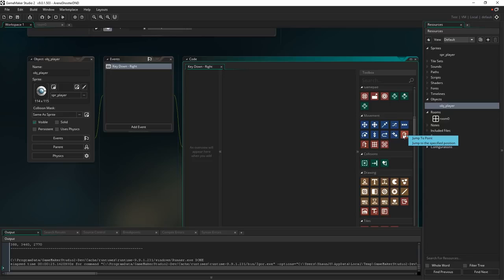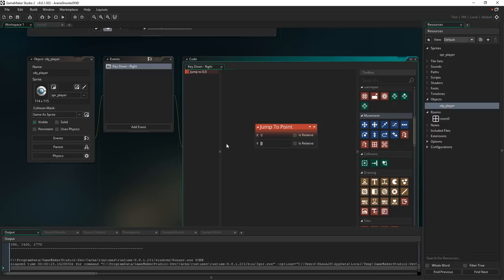So we're going to move our instance from the place it is now to a different place. Let's just click and drag that into this box, and you can see over here we have a summary of all the actions we've placed in this event, and here is where we can edit what they do. You can use the middle mouse button to move around, just as you can with most of the rest of the interface. Okay, so it needs two coordinates from us that we want to move to, an x coordinate